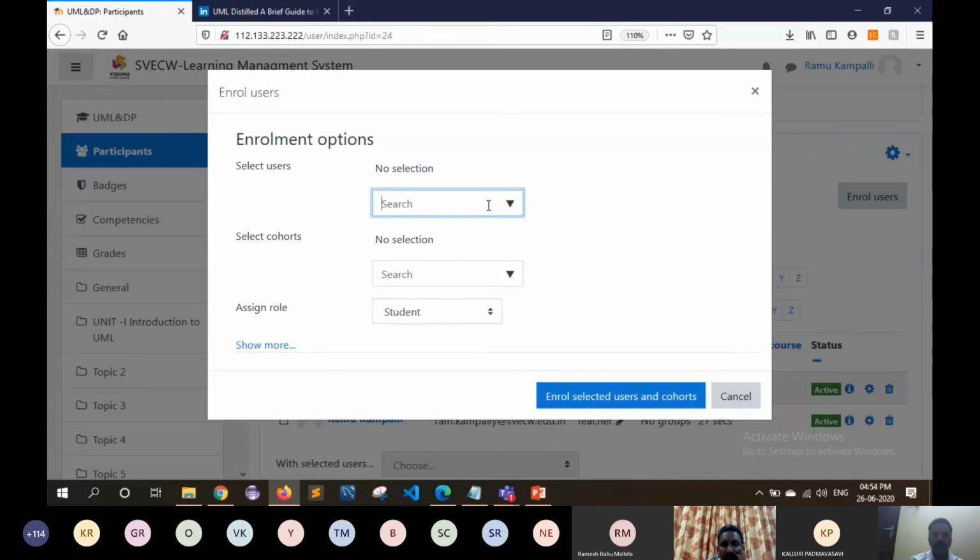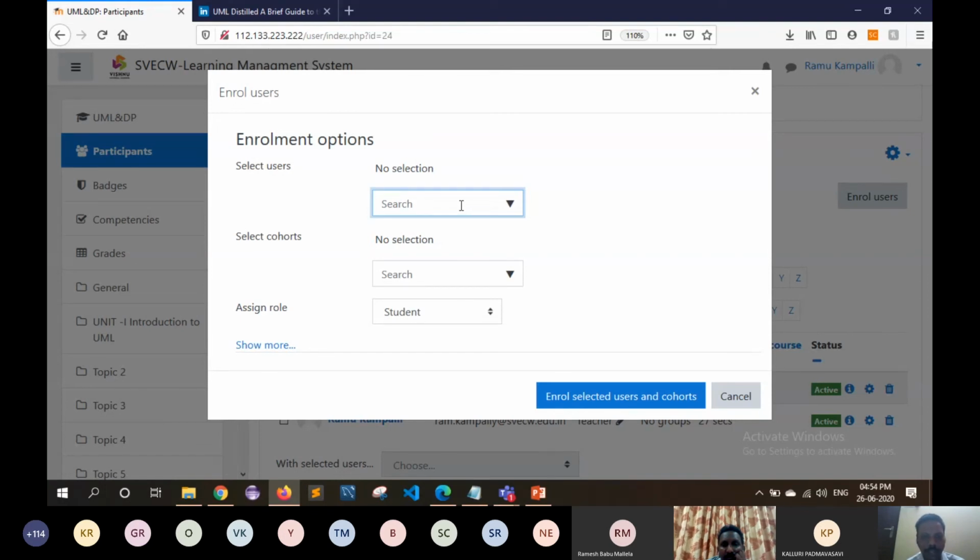Generally there are 3 procedures to enroll users as students into this course. This privilege belongs to the teachers only. The teacher has the primary responsibility to add your class students into this course as participants. So here is the first procedure.